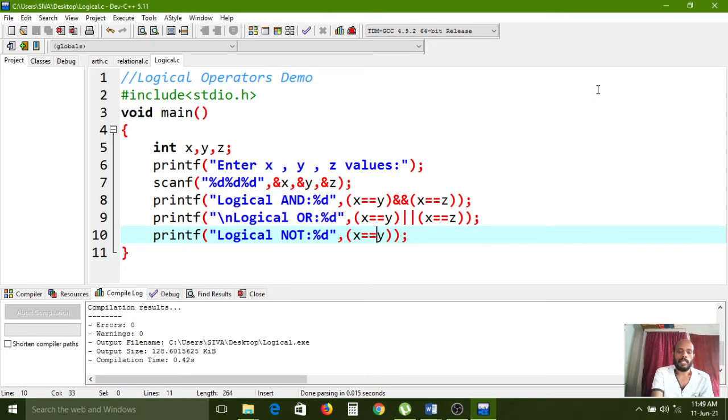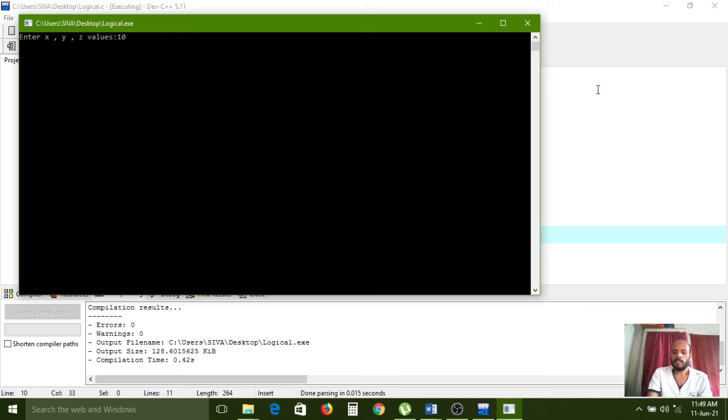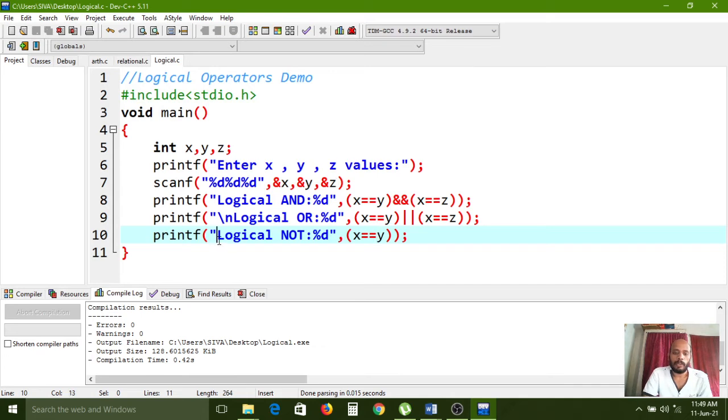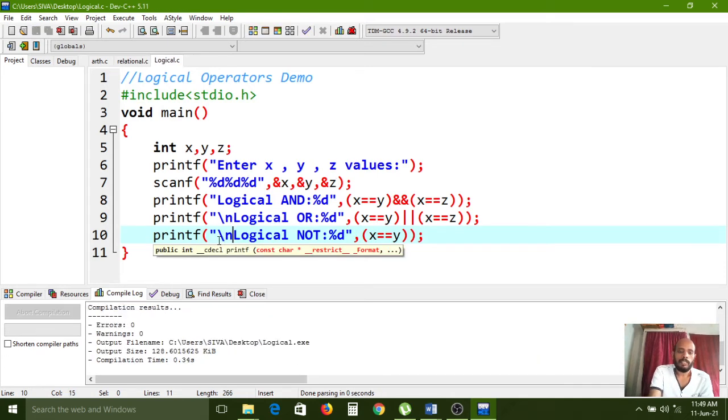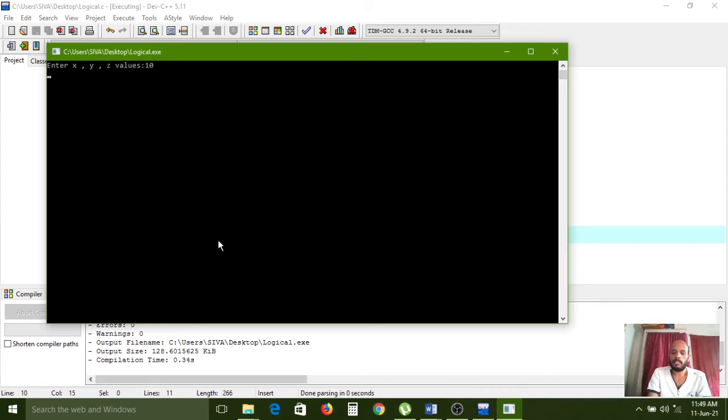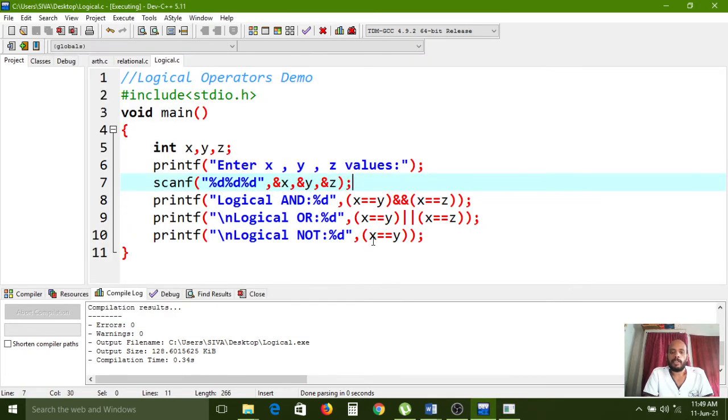Again I am compiling, again I am executing. 10, 10, 20. Here we have to use one \n operator. Again I am compiling, again I am executing. 10 is the x value, 10 is the y value, 20 is the z value. So check the third statement. If you haven't used any operator, x equal to y is a single condition.